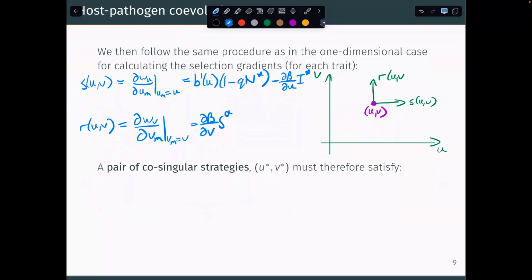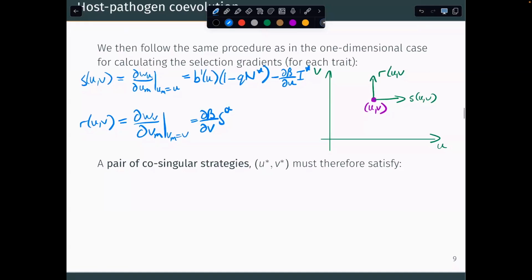In your dynamical systems parlance, this is then a null line when we set this equal to 0. And this would be a null line when this is equal to 0. And then we're essentially looking at an equilibrium with both of these traits, so when those null lines intersect. So if it helps to think of it in that way, that's what we're doing here. We're seeing when these selection gradients are both equal to 0, and when they intersect, we call that point U star V star. This is a pair of co-singular strategies,